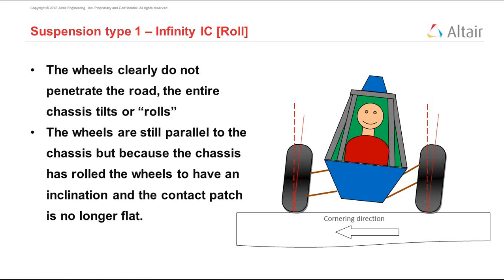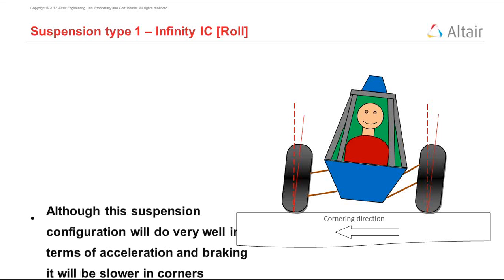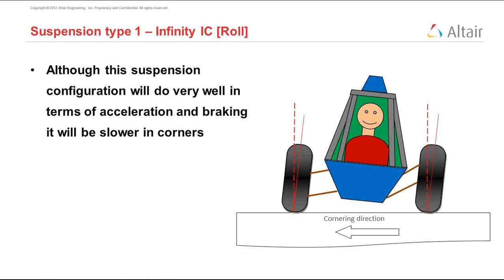Remember, because the instant center is still at infinity, the wheels are still parallel to the chassis, but the chassis itself has tilted. And this also means that the contact patch is no longer flat, as we had in the braking case. Now the tires have some camber, which also means that we have lost some grip. What does this mean? So although the suspension was very good for acceleration and braking events, this will be slower in corners, because during cornering, when we are producing lateral grip, the wheels have some camber, and the friction circle actually shrinks, and the maximum speed we can take into a corner